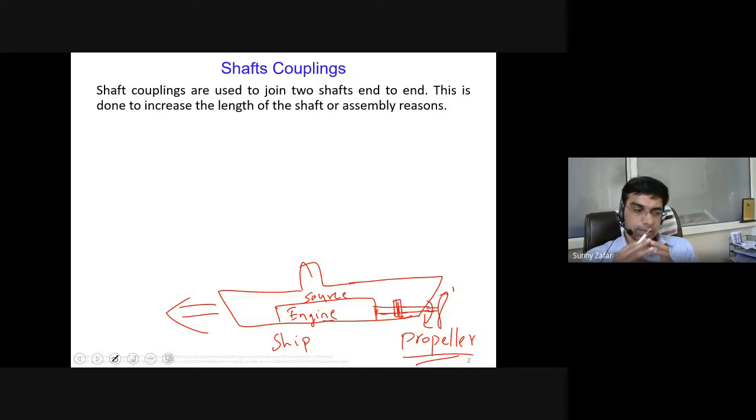There are several types of couplings which have their own advantages and limitations. For the sake of this course, we will be looking at some of the important ones, not all of them. The idea here is not to tell you everything about couplings, but to tell you how to draw these couplings, or how to understand the drawing of such couplings, and then to direct it for manufacturing or maintenance perspective, etc. So we move ahead to understand the classification of these couplings. They are classified in different manners depending on the requirement, the configuration and so on.